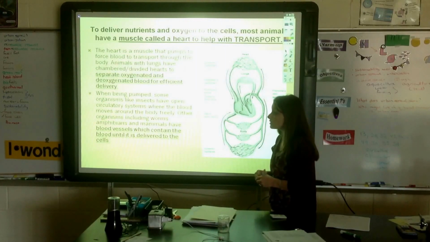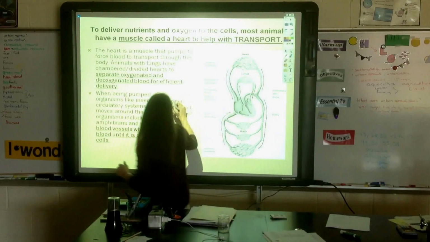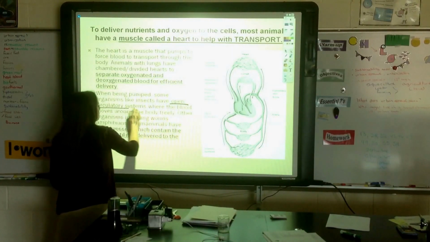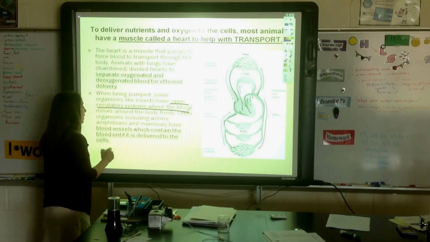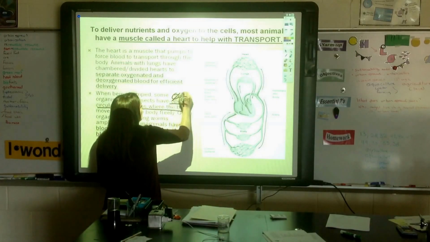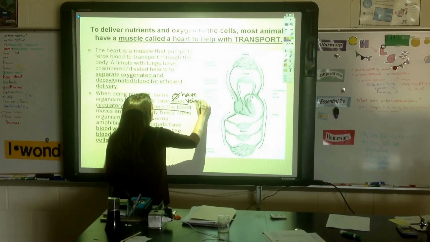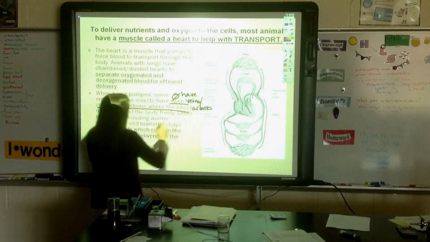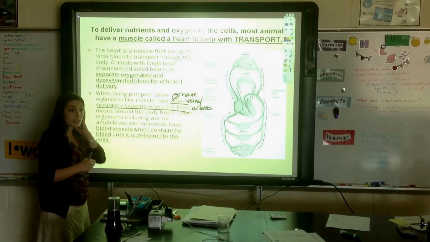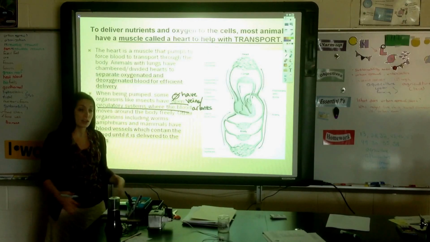When being pumped, some organisms like insects have what are called open circulatory systems. Let's go ahead and underline that. Open circulatory system is where the blood moves around the body freely, meaning we do not have veins and arteries. And I don't mean we like humans. I mean the animals like insects. This is why when you stomp on a cockroach, it just kind of oozes out, because it doesn't have any